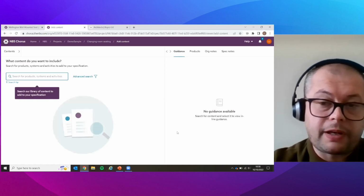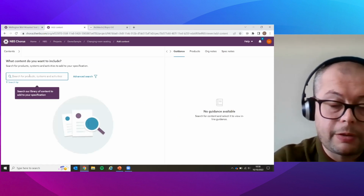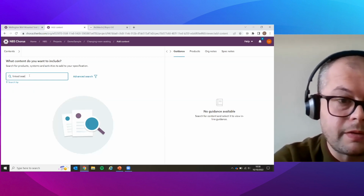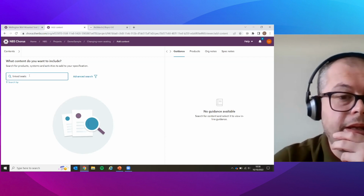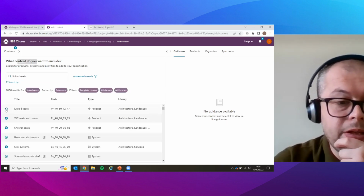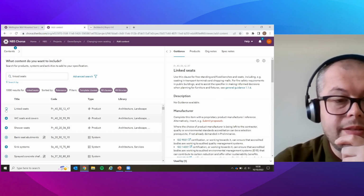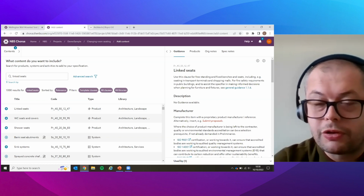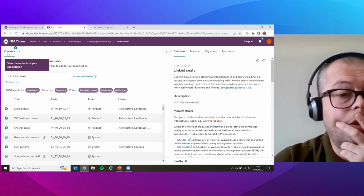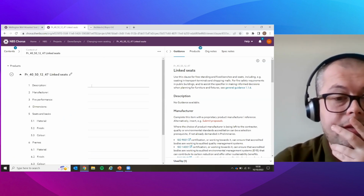And then as a specifier, this is where I would start to add the product. So if I was going to be looking to add linked seats in there, which is the type of changing room seat that I was looking for, I can just search for this, and then it can bring in the template. So I'm going to add that in, and I'm going to add two different types in. So it brings in two templates. And the reason being is I'm going to show you the different ways of how you can actually add the product to spec. So we go into the content, and the first one, we can click on this,